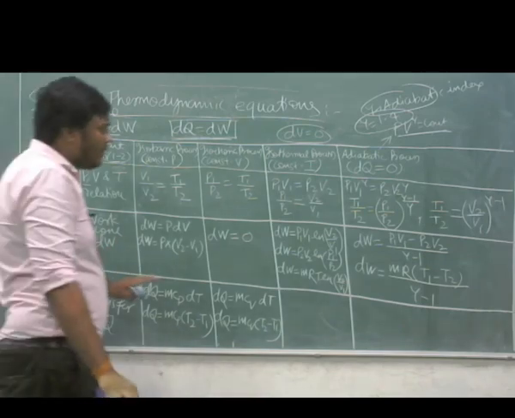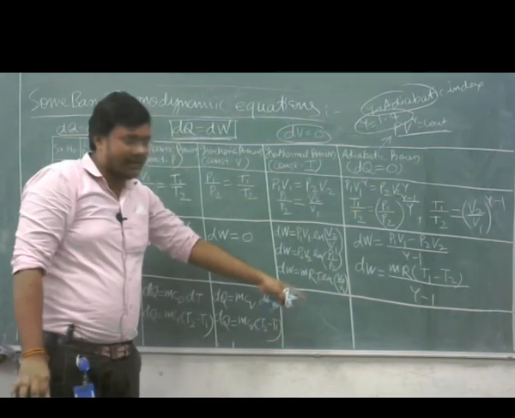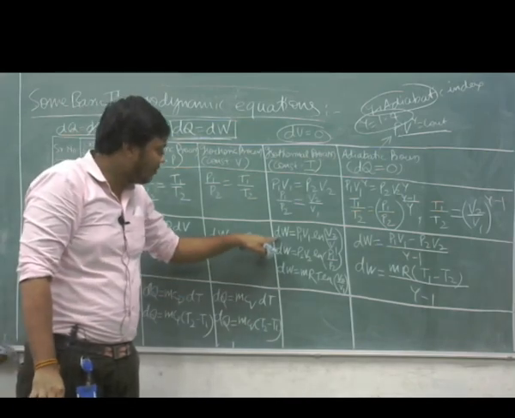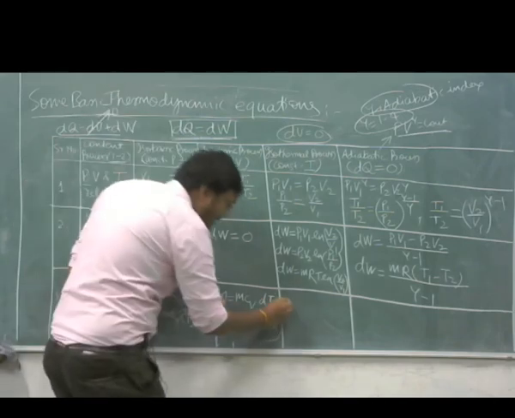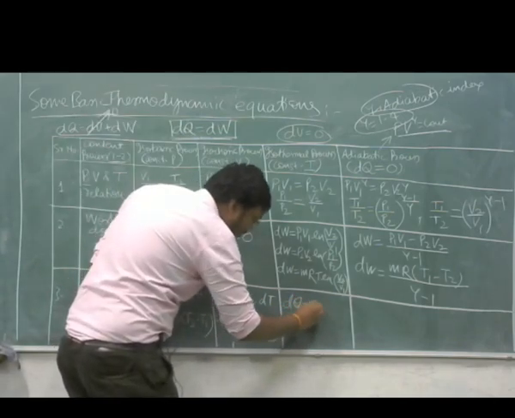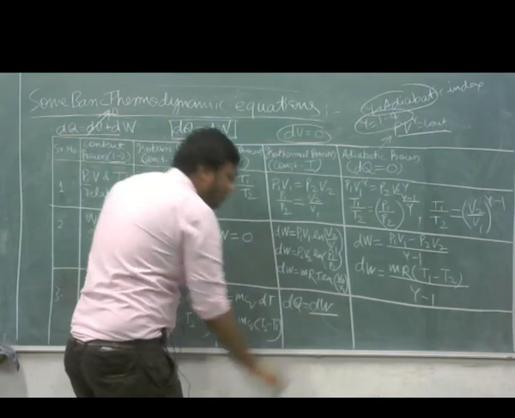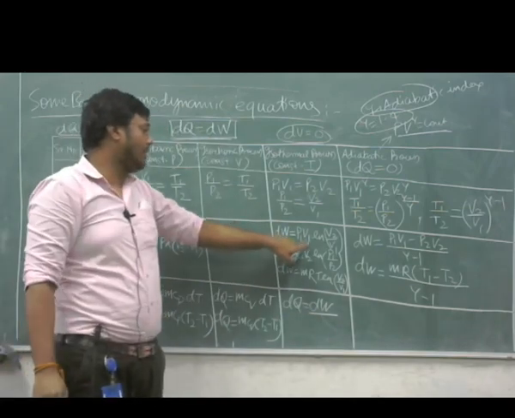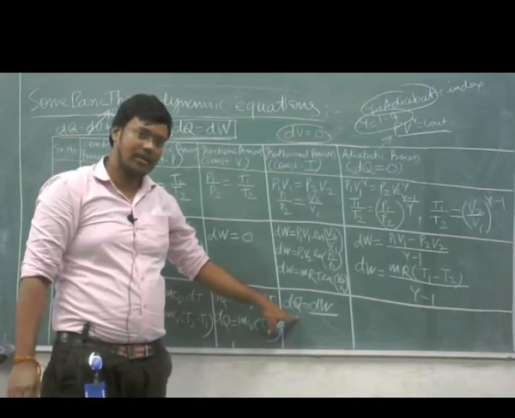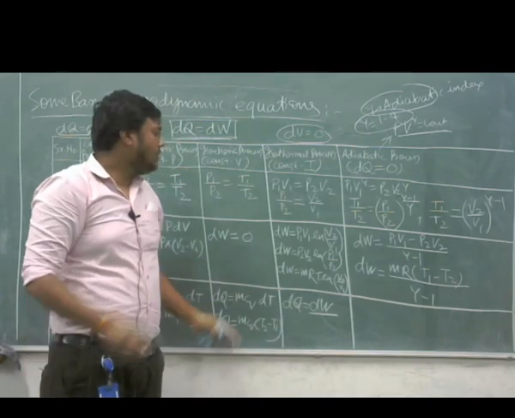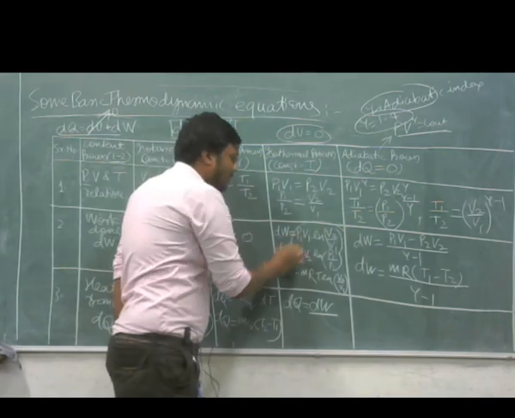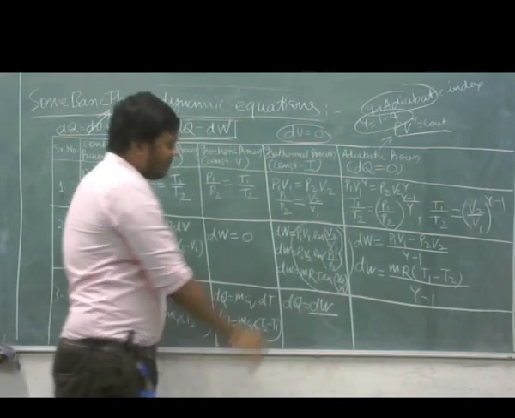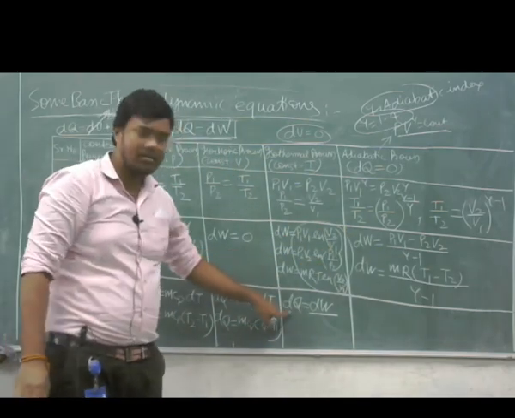So here you need not write any different formula, you just write the formula for dW, because dQ is equal to dW. I am writing here dQ is equal to dW. So all these formulas for work done are valid for dQ also. You need not remember any different formula, you have to remember only this one. This is valid for work done as well as for heat transfer.